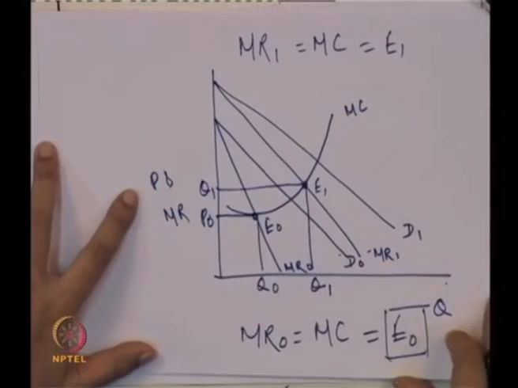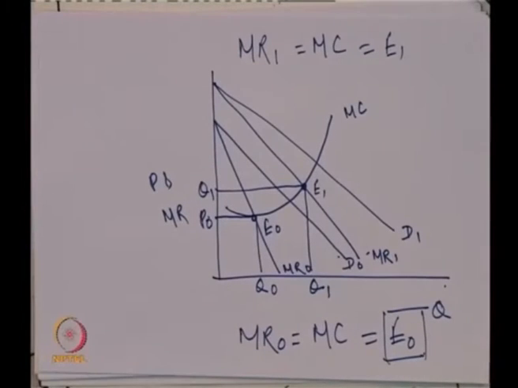So, in this case what is the outcome? The outcome is when the demand is increasing and correspondingly MR is also increasing, the equilibrium price is increasing and also equilibrium output is increasing. If equilibrium price is increasing, that is all to do with the shape of the marginal cost curve, because marginal cost is increasing, and the per unit cost getting added to produce more output in response to increasing demand.